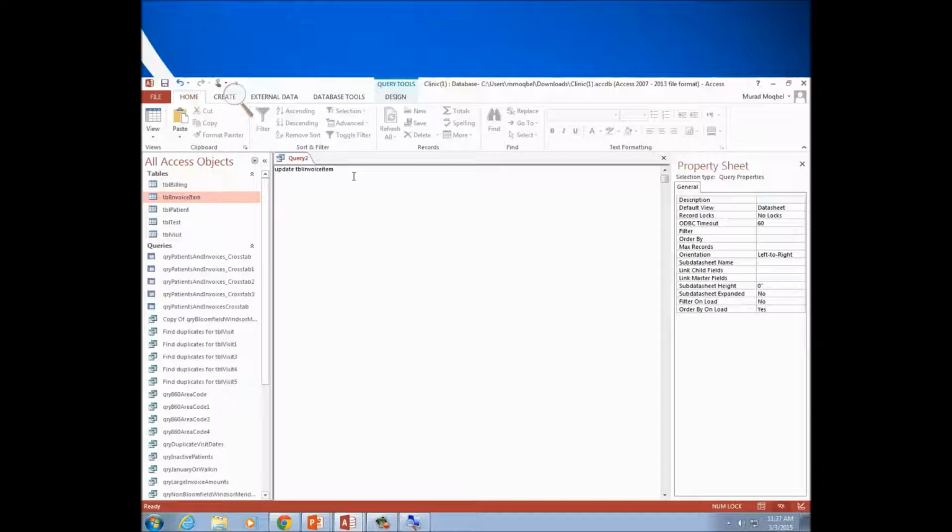And then we want to set. So update, invoice item, set. What's the name of the column where the brownie was in? Invoice item. So let's put it here. Invoice item